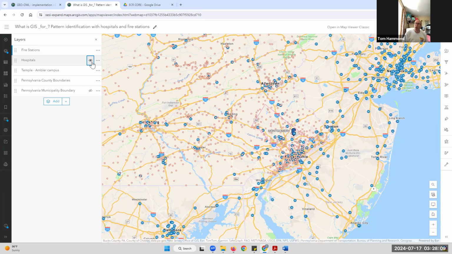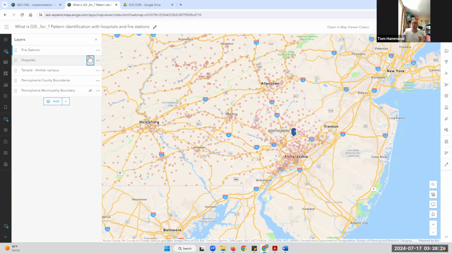Okay, so at this point, you might want to stop and discuss what is it that fire stations do? What happens at a fire station? What services do they provide? What are ways that different people interact with the fire station, even when it's not a fire? That's the important point, is that fire stations do a lot more than just respond to fires. In fact, they serve many social functions as well. So as we look at that, what can help us think about it is if we look at not counties,